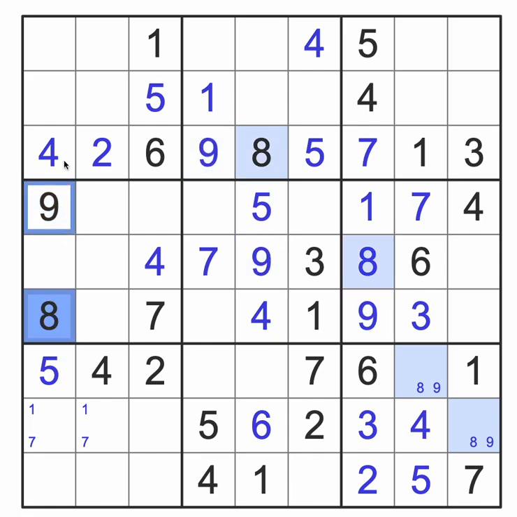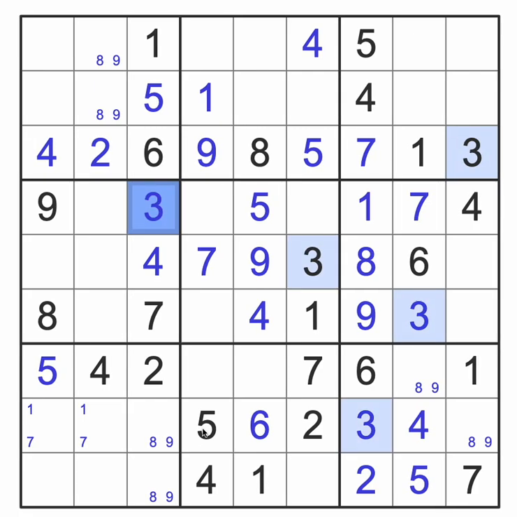Here's 8 and 9. That blocks these two cells. Gives me 8, 9 double here. That gives me 8, 9, 8, 9. So these cannot use 8 and 9. That gives me 8 and 9 here. That leaves this cell with 3. And